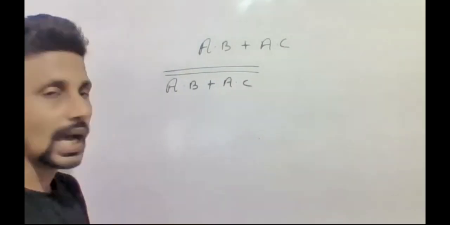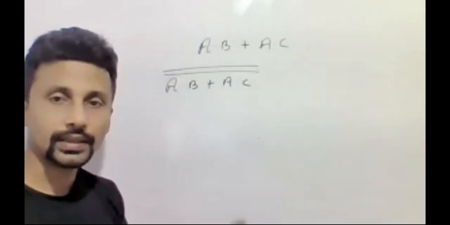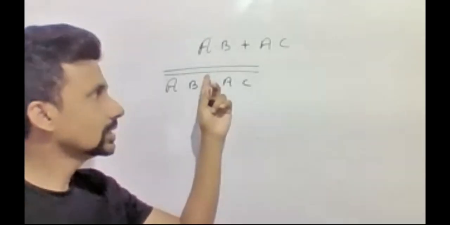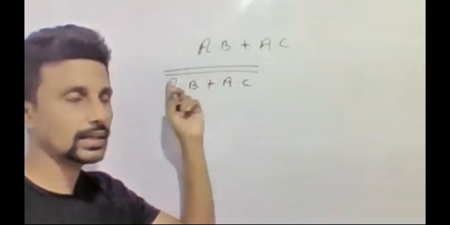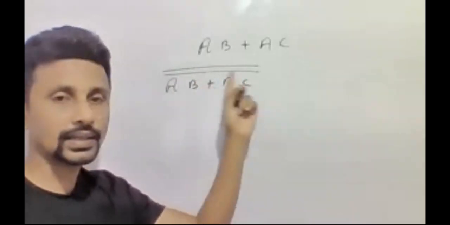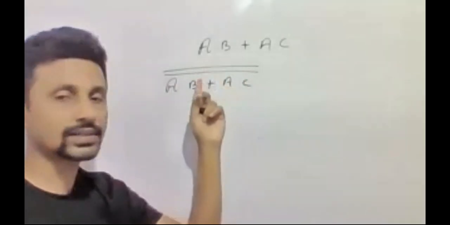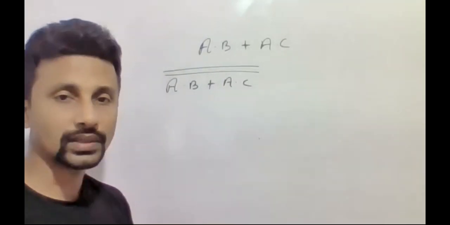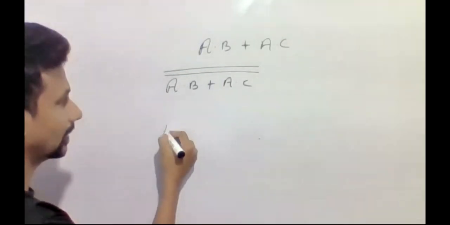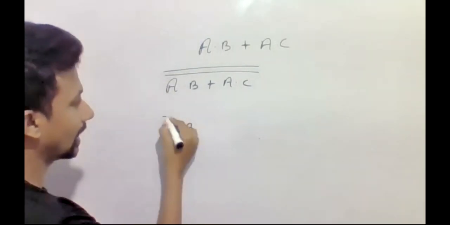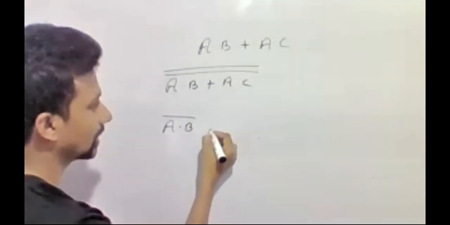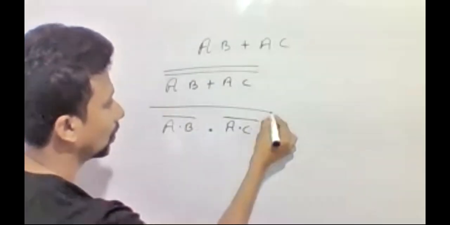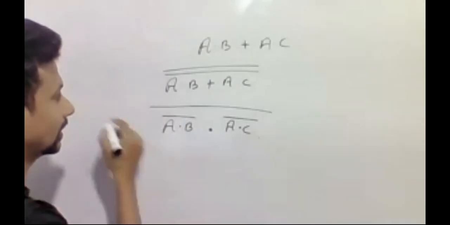Then I will implement De Morgan's law only for this internal bar. මේ internal line එකට internal bar, then 2 lines are there. Internal line එකට විතරක් I am going to implement De Morgan's law. I can write after implementing A dot B dash, this plus become dot, A dot C dash, whole thing dash. So after implementing